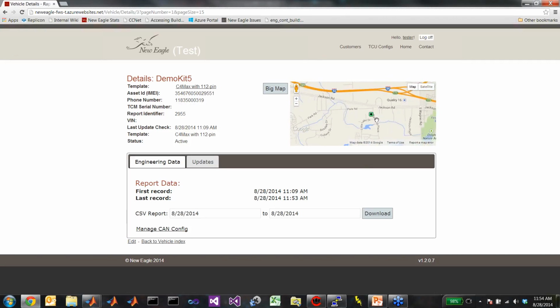And you can see this is our new office. It's so new, in fact, that it doesn't say New Eagle yet. It still says the old owner of the building. But you can see down here, over here, we've got some just basic info about the vehicle. We've got a VIN, which I haven't filled out here because it's sitting on my desk, a couple of identifiers, and a phone number for the TCM,